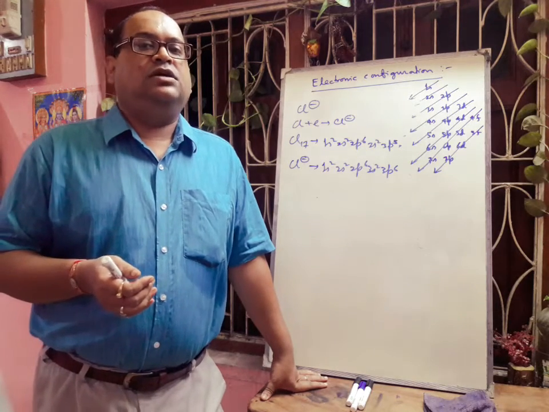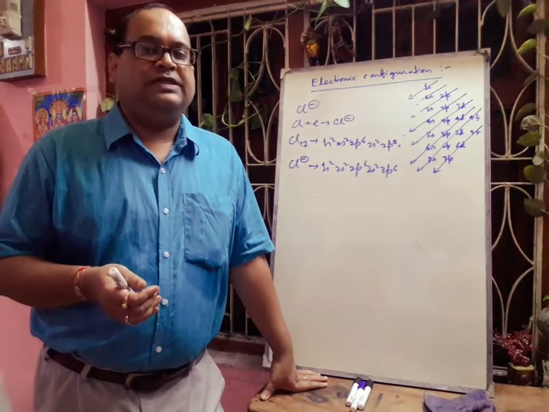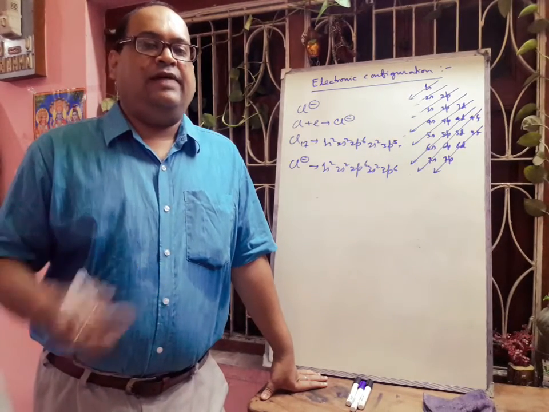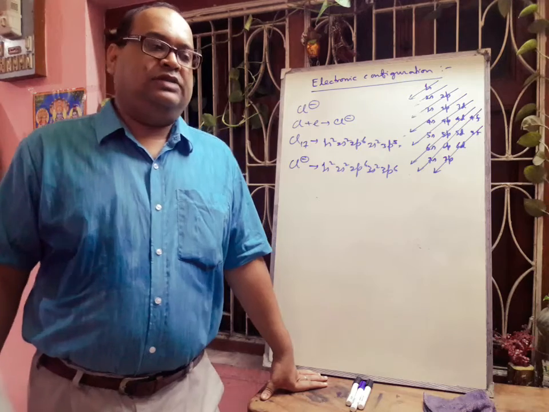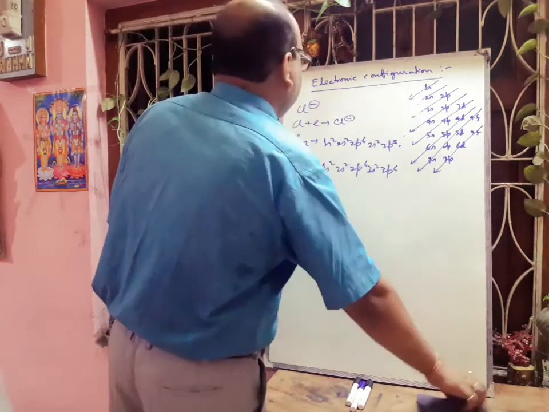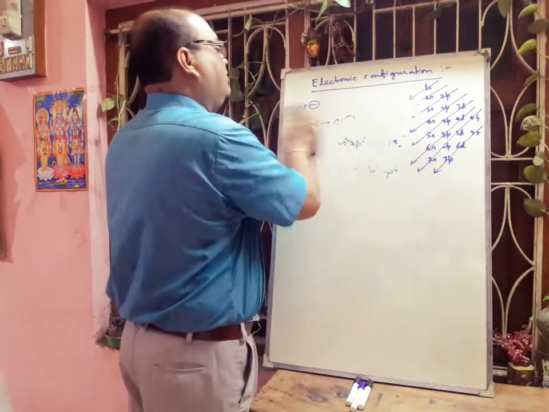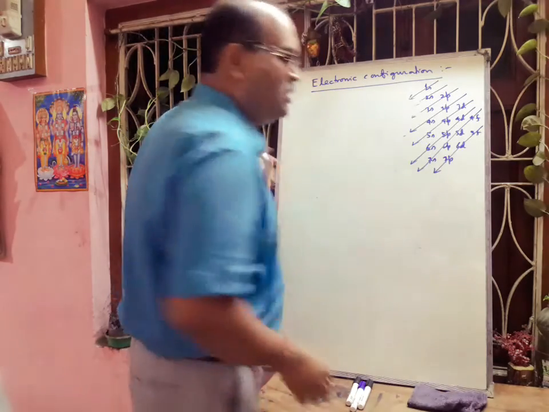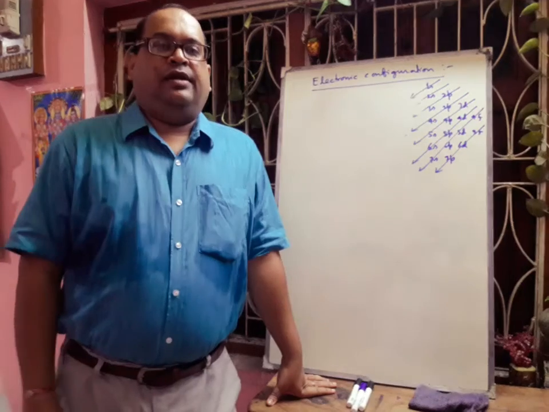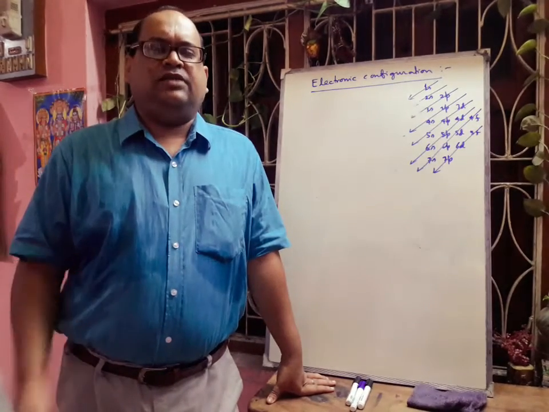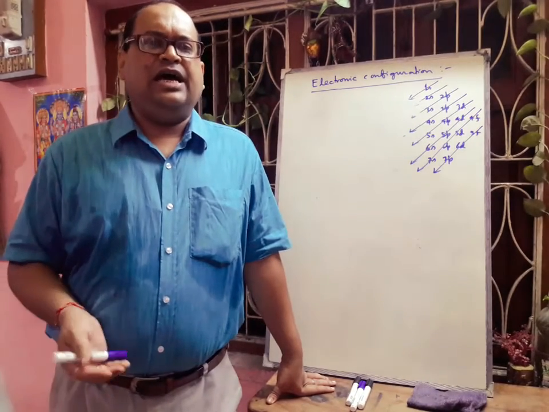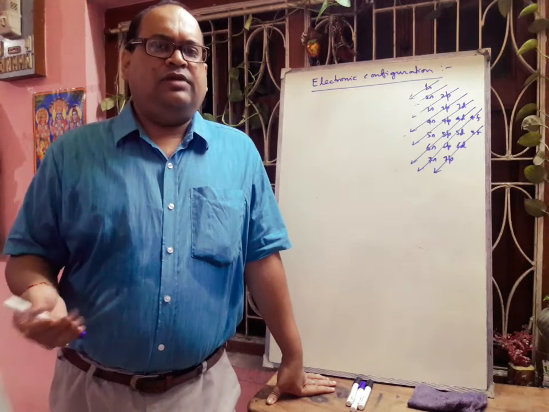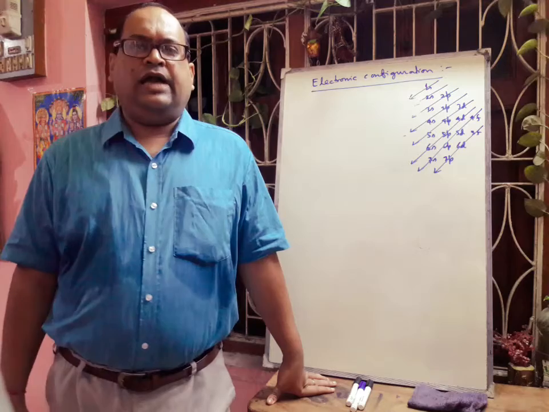Suppose we want to write the electronic configuration of silver. In case of silver, like copper, it will be 4d10, 5s1. This type of anomalous electronic configuration you have to read from the book, and it may come in your exam, so you have to remember. Next, other anomalous electronic configurations are lanthanum, cerium, and maybe platinum. You have to remember these; gold also has an anomalous electronic configuration.